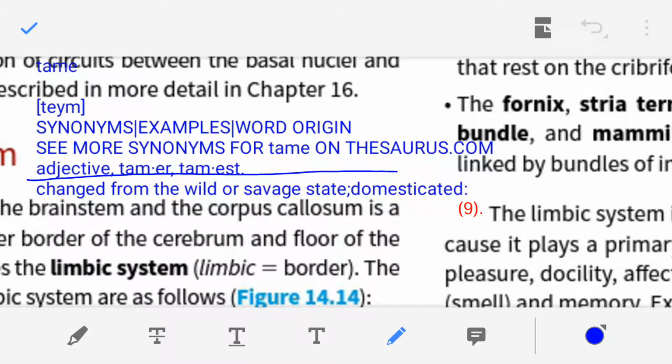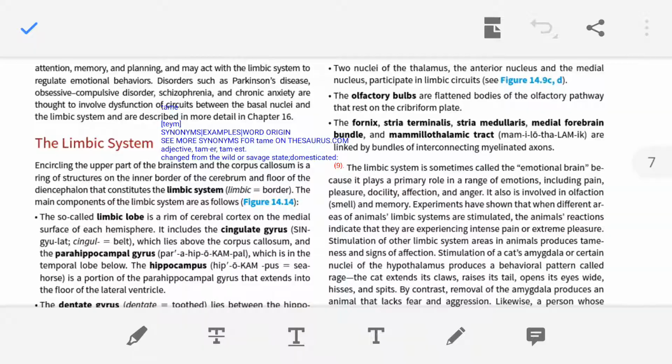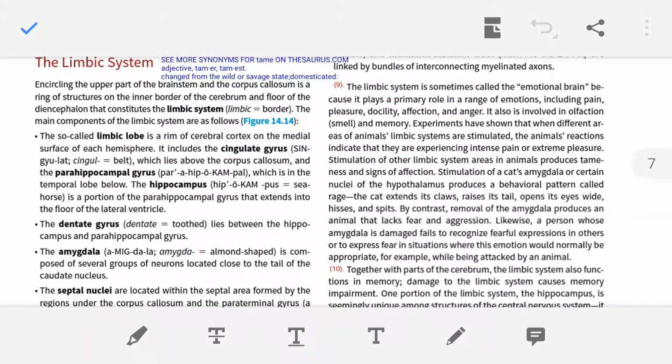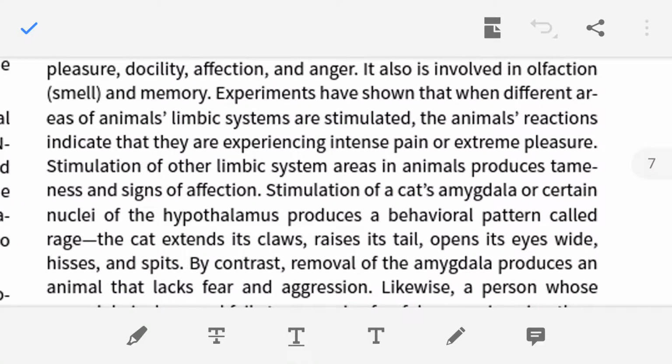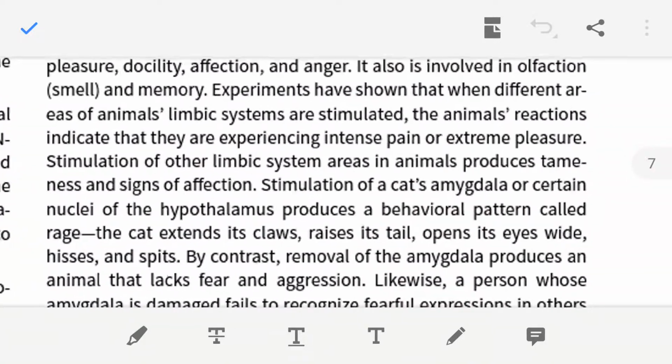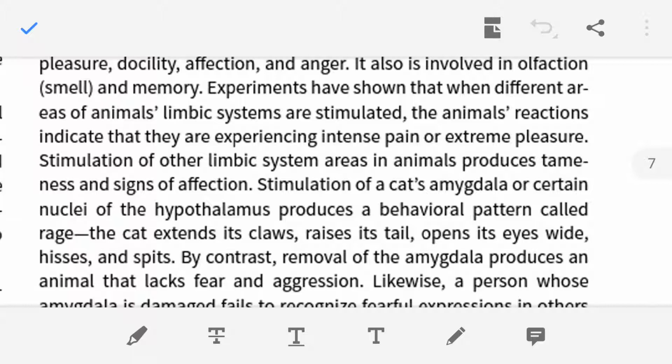So, change from the wild or savage state: domesticated. Okay, so this we can relate with the dog. Many people domesticate dogs. After a few days, after a few efforts, when we pamper them, when we provide them food,